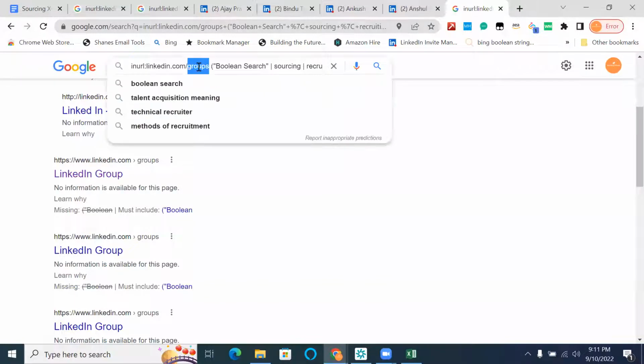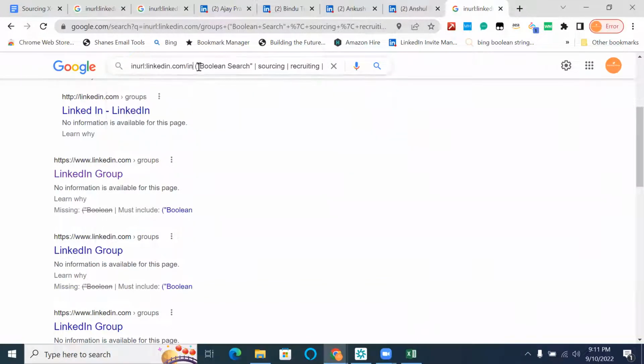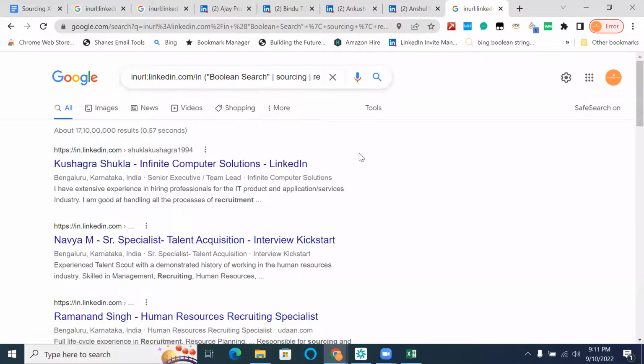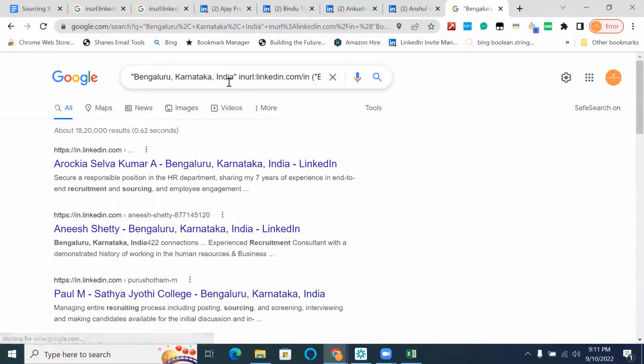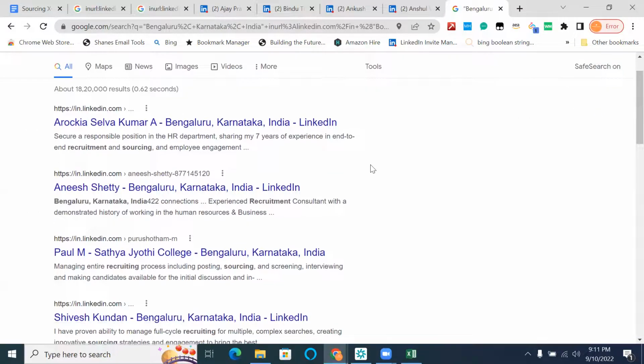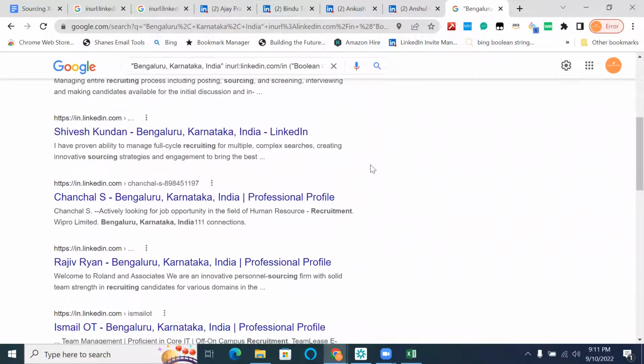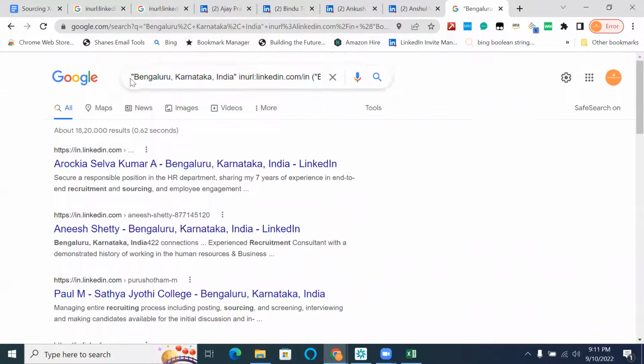So linkedin.com/in Booleans are sourcing or recruiting or recruitment. Let's say Bengaluru, Karnataka, India. In URL operator, we can give anywhere. Not necessarily it should be in the beginning. So yeah, here we have a list of candidates. And someone who would have mentioned